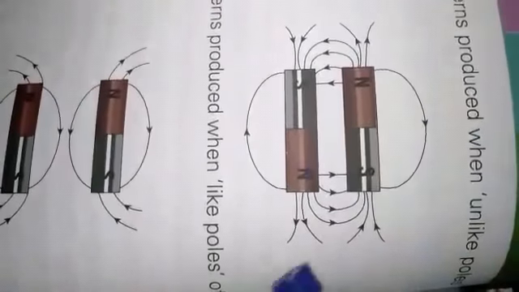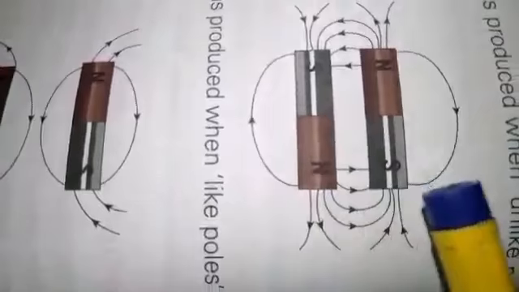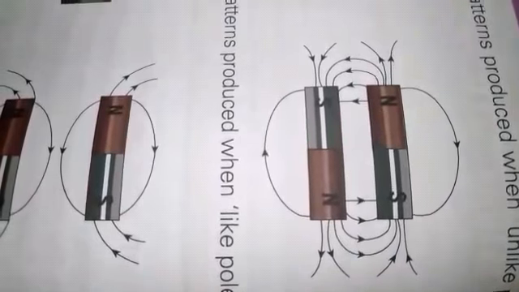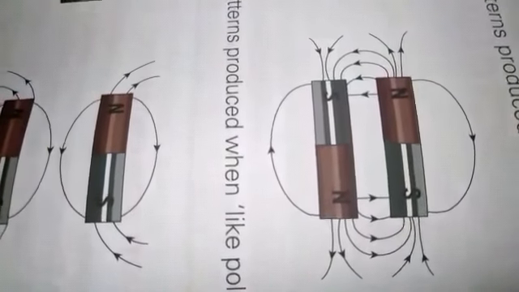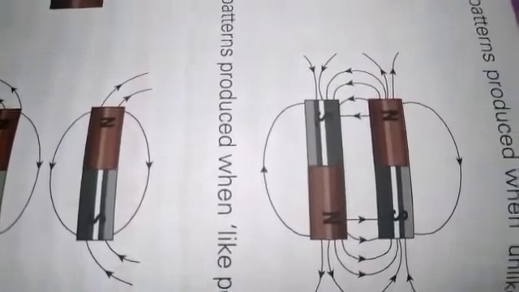And here one bar magnet is placed close to another bar magnet in such a way that their poles are opposite. You can see here also the difference, that here magnetic lines always run from north to south. Here the north pole is at this end. Here also magnetic lines run from north to south. Clear? And the lines are close near the poles, indicating that near the poles of the magnet, the magnetic field is stronger as compared to other places.